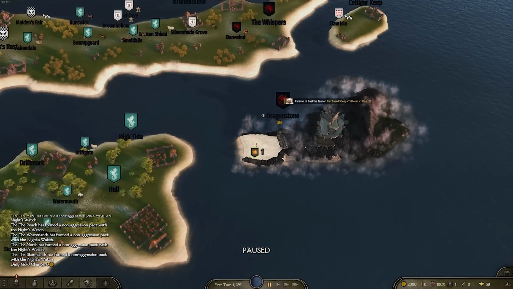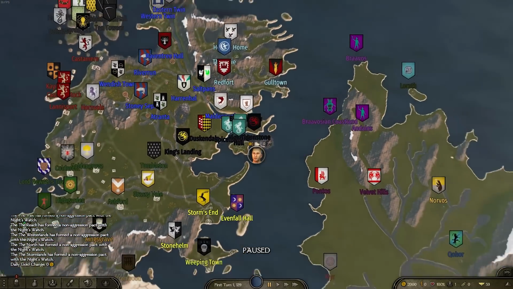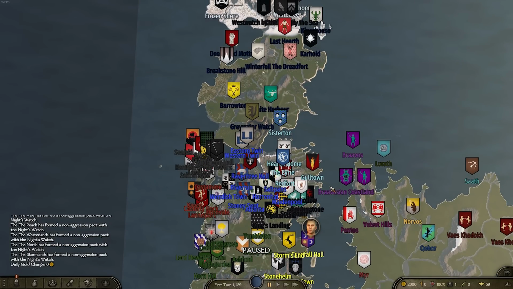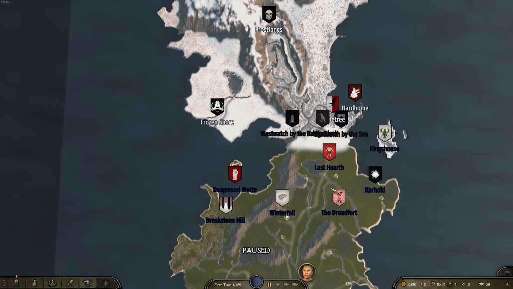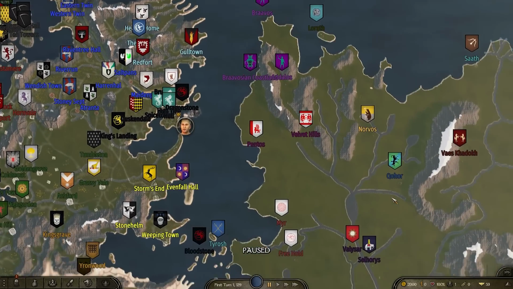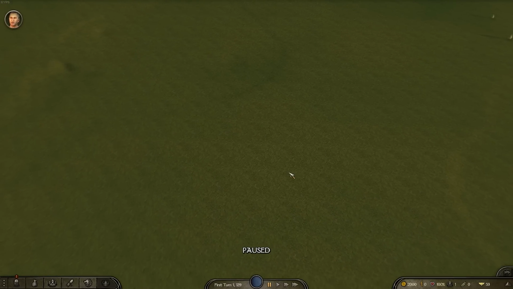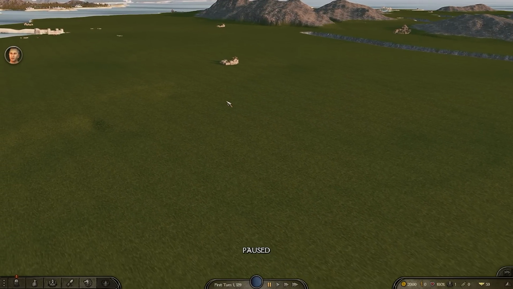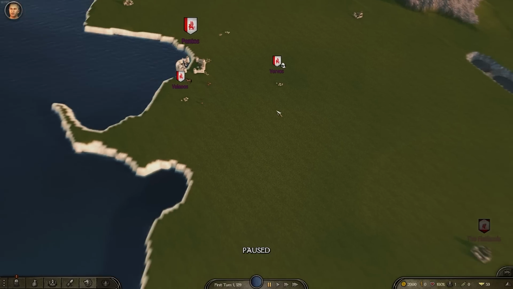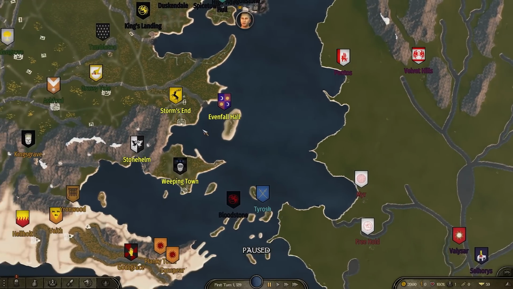So here we are on the campaign map, and as you guys can see, it is pretty goddamn big. There has been so much implemented into the campaign map, and it's actually got a really nice level of detail as well. A lot of it still very much is a work in progress. Like, there's obviously a lot of textures in Essos that just haven't been done yet with roads and stuff, but again, for a first release of this mod, you can expect that,